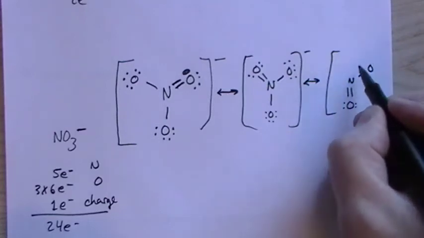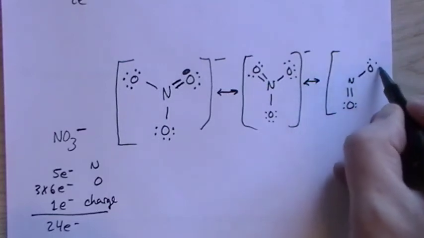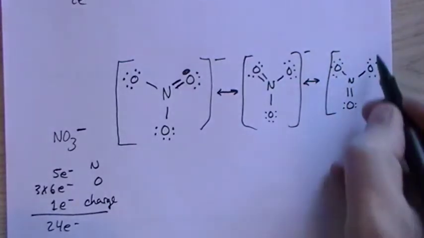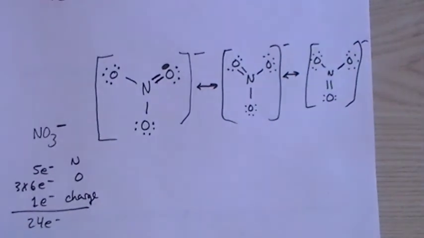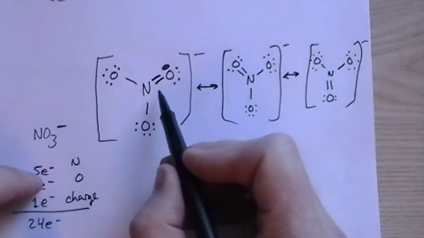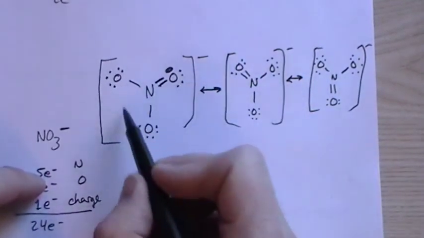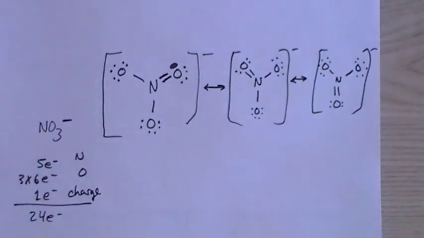we haven't allowed one of the oxygens to be preferred. All of them are allowed, so you want to draw them all. This will come up with a lot of these polyatomic ions. If there's more than one structure that can be drawn that's identical except in the position of that double bond, then you have to